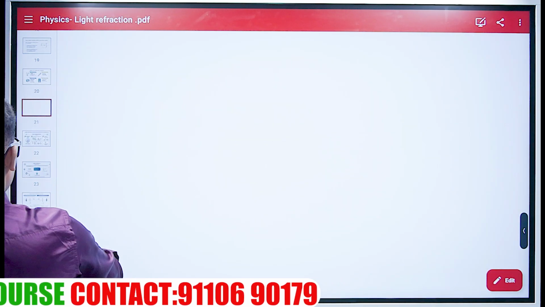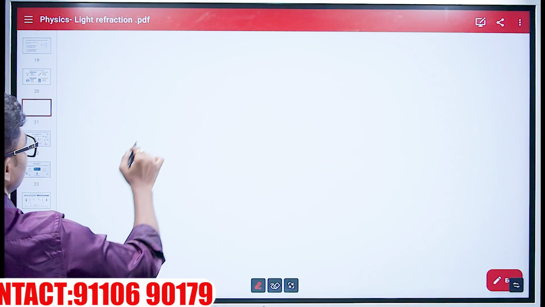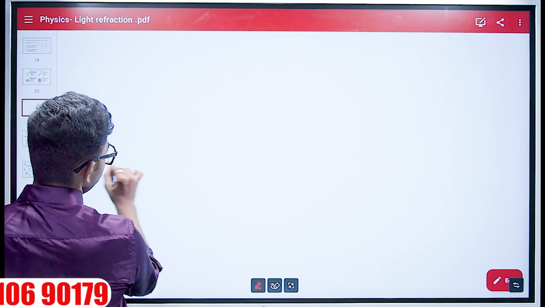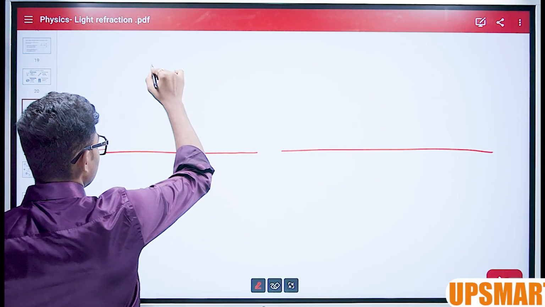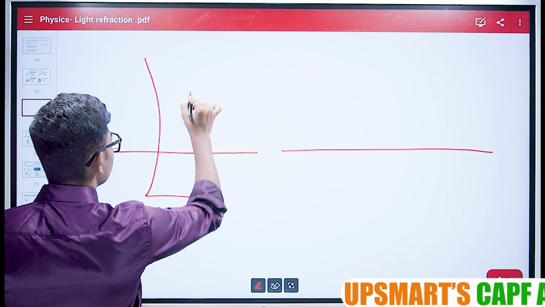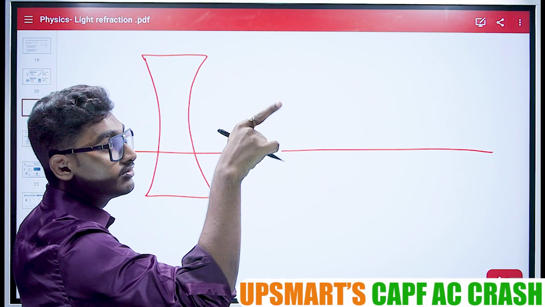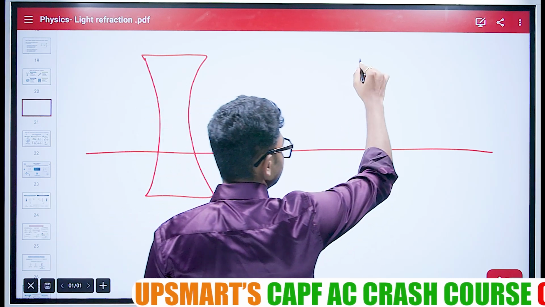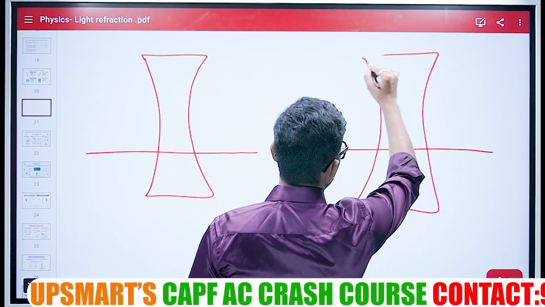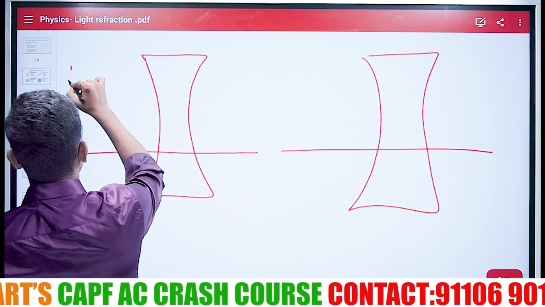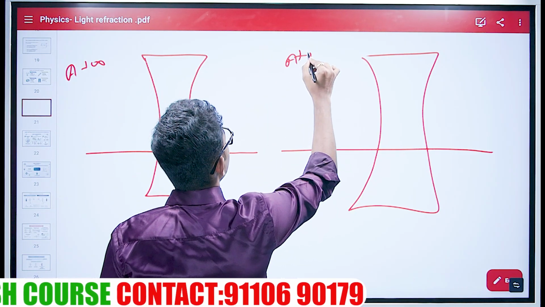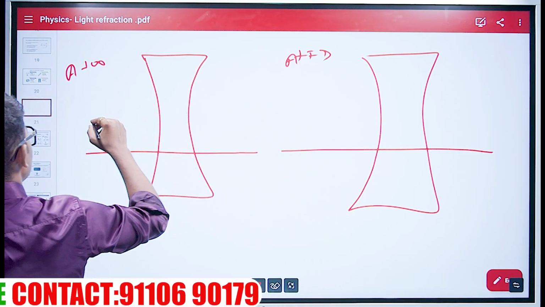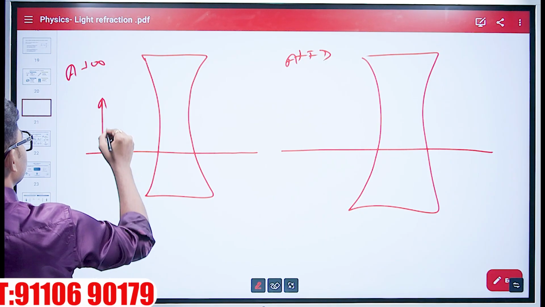Then moving on, we will go to the sign convention and the two cases of concave lens. I will show you the two cases of concave lens. Only two cases are there, same like convex mirror: at infinity, and at a finite distance. When the object is at infinity,